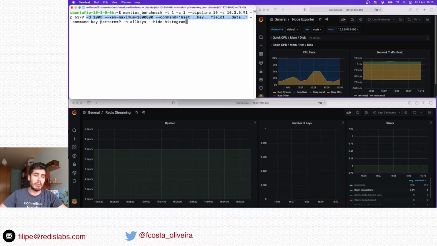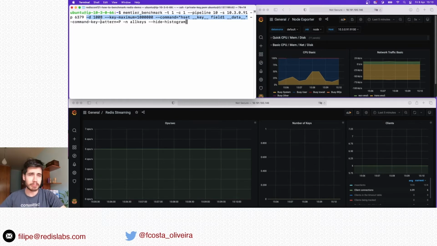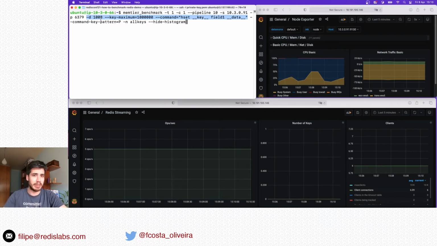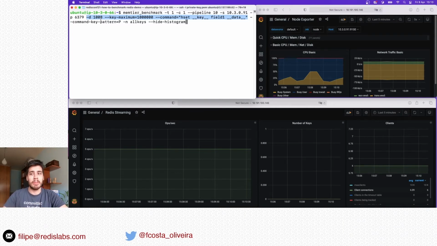By default, the minimum is 0, and the maximum, as we said before, is 1 million. Then we have the field, and then the data placeholder. This data placeholder will be replaced by randomly generated data with the size that we specified in the data size argument. If we run this command,